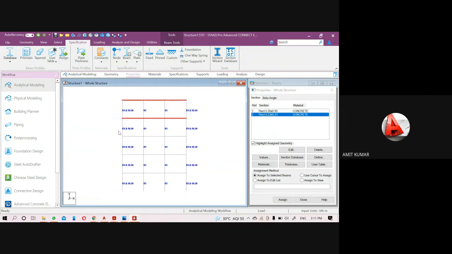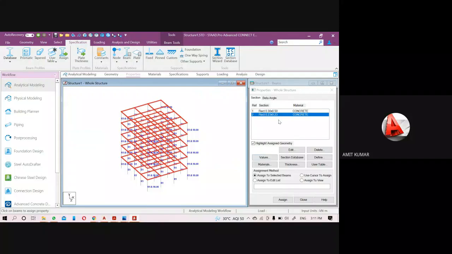If you select more than 50%, the columns will be selected too. If you just select through this window, you can see now I am able to select the beams only, and assign this property to the selected beam.